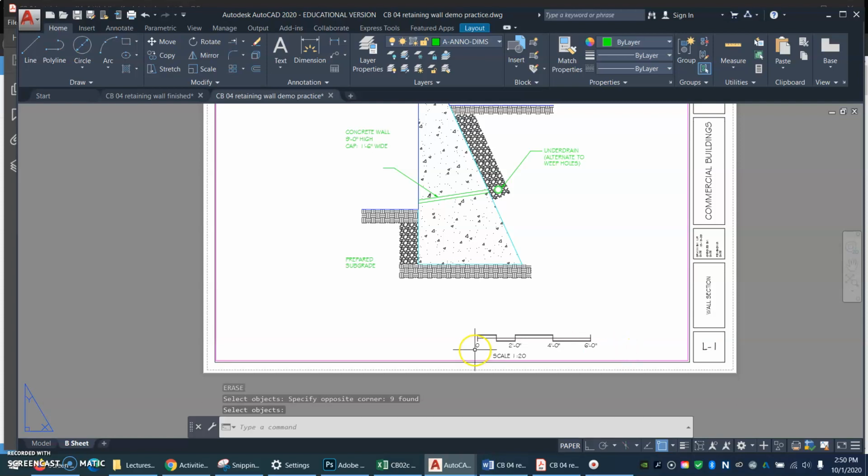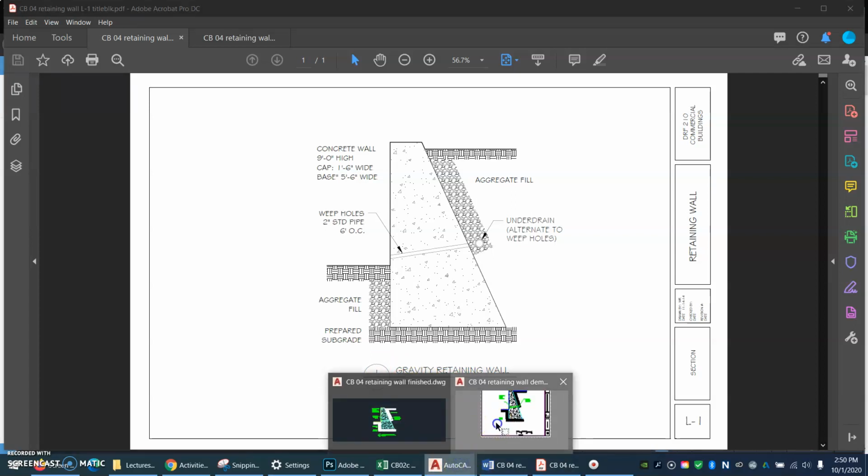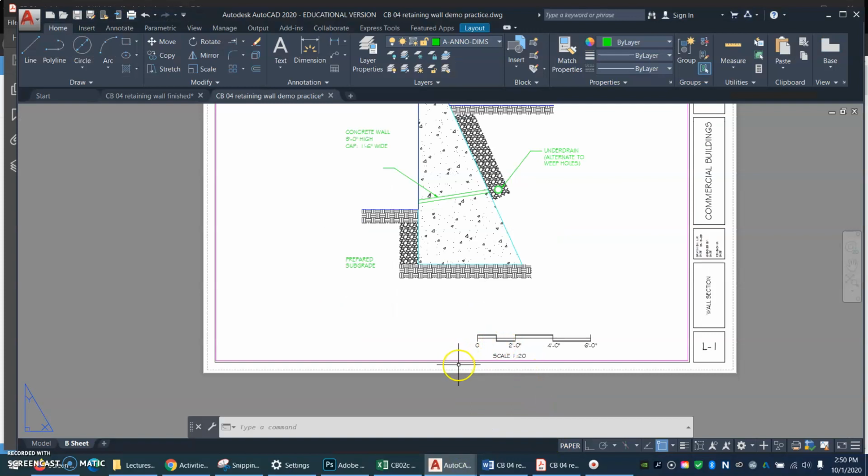And we're going to put a title bubble with some title text and the scale. So we don't need this graphic scale thingy down here either. So I'm going to erase that. Yay! Now, we have not yet talked about these title bubbles, but I will tell you that the title bubble,